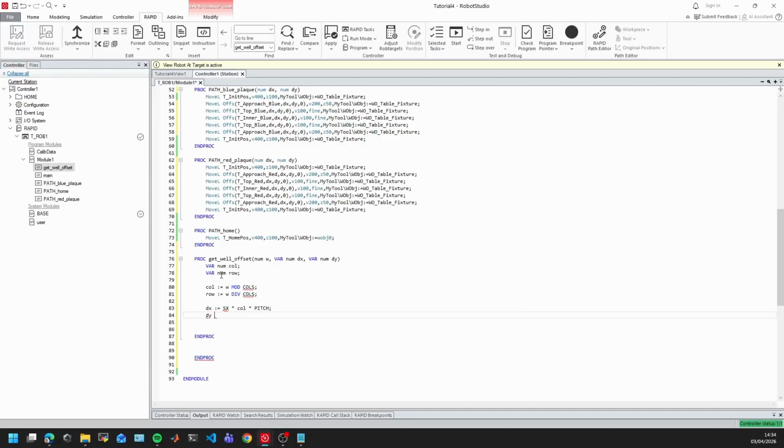And I can modify the variable dy. I'm going to explain what each of these things mean in a second. I just want to finish typing. So basically what I'm saying is, okay, what is the index of the well, or of the vial that I